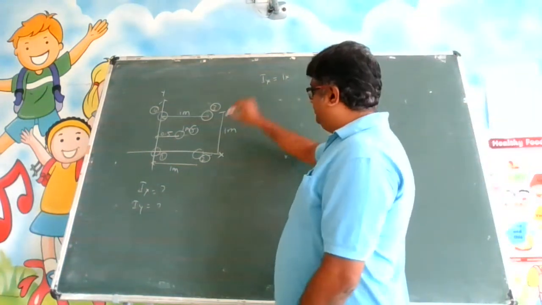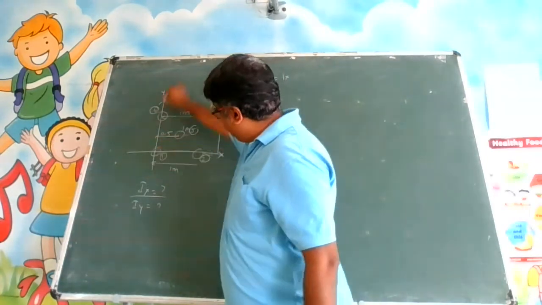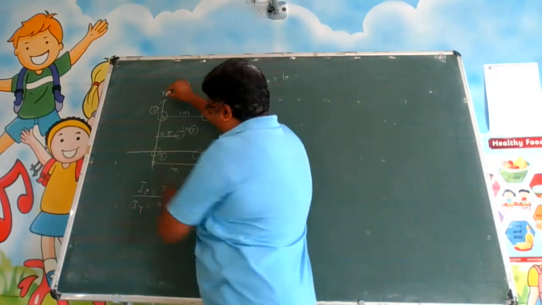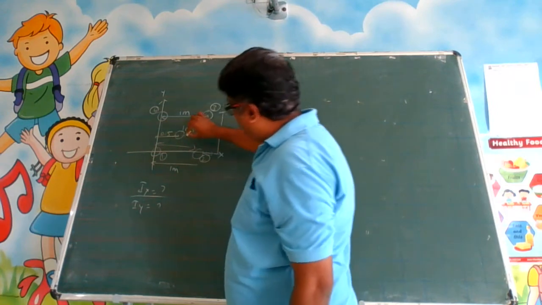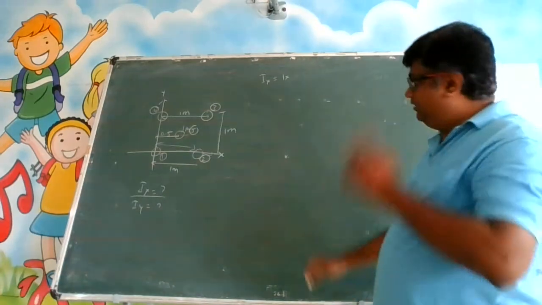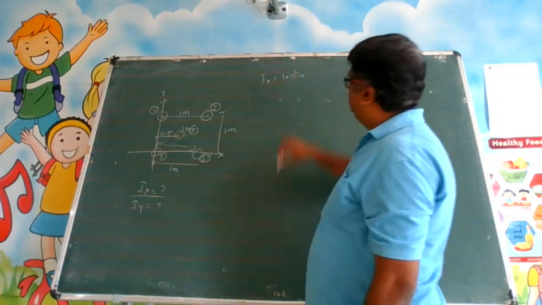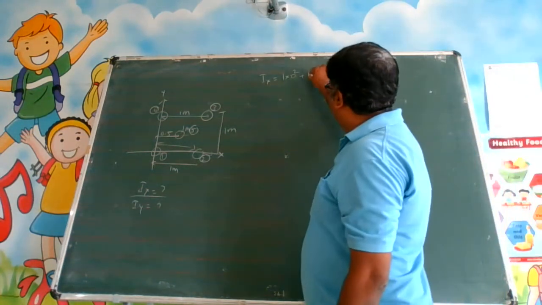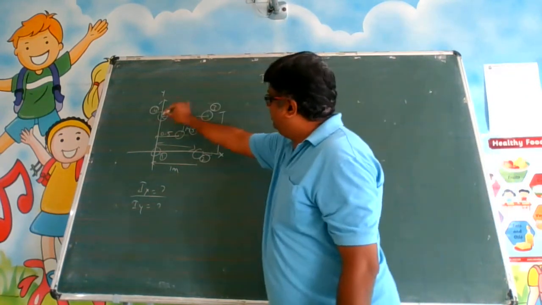1 into, see, we are finding Iy. So which distance do you have to see? This is about this vertical axis, so you have to find all the x distances now. I have written on the board yesterday, that is a very important one. So it is right at the origin, so it is 0 square. The second one is 1 into 1 square. The third one is 1 into 1 square.